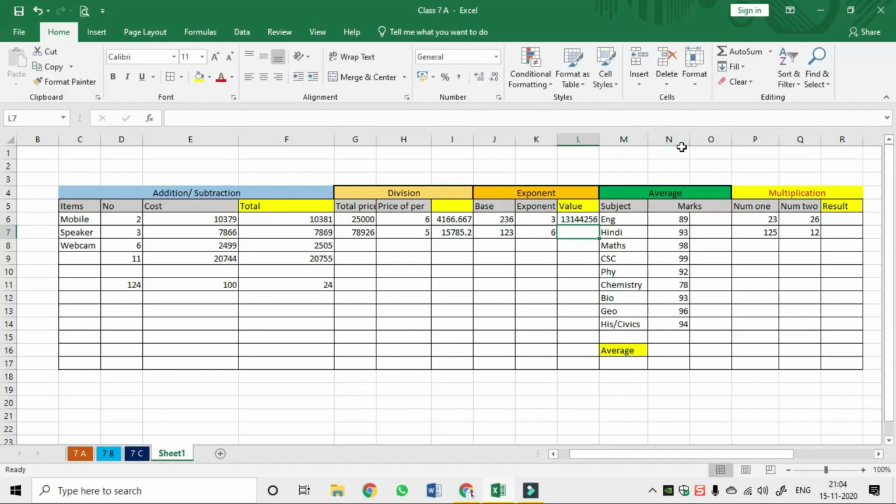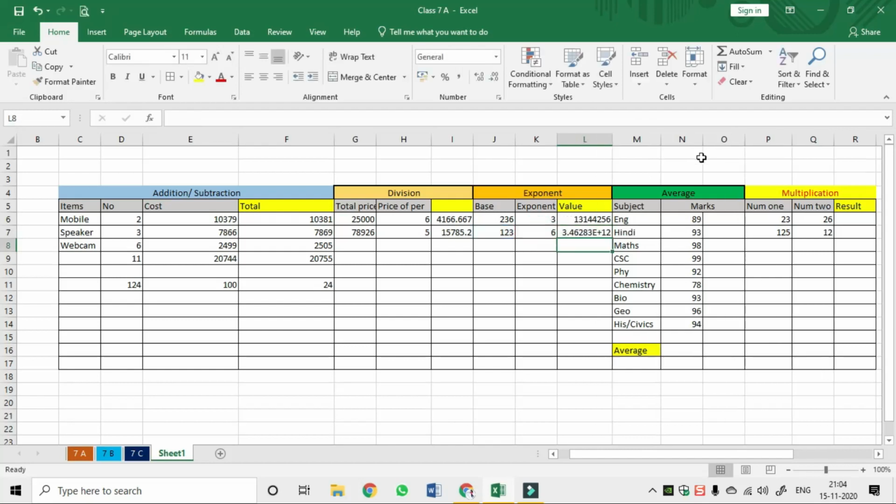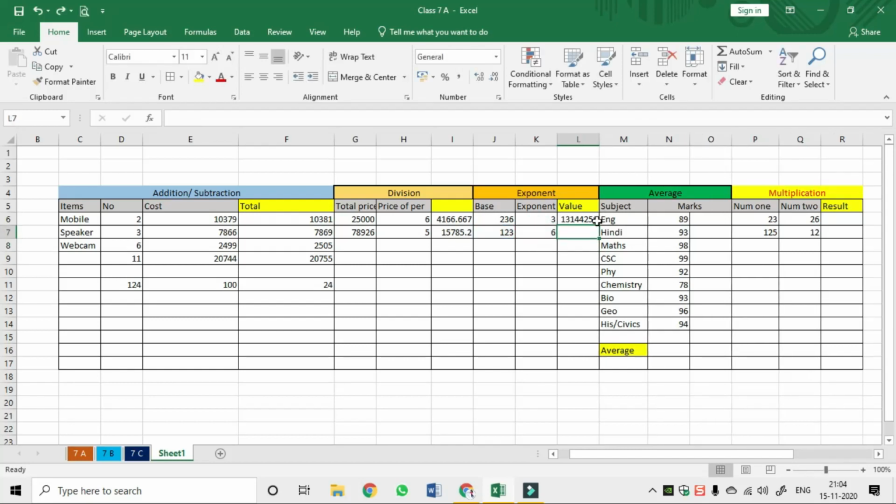What is the advantage of using the Excel sheet? In the second cell we no need to make it again. For example, again you have to enter the equal symbol, click here, press Shift and 6, and select the next number. But without doing that you can find it: if you finish the first one, just take your mouse to the edge corner until it turns into a small plus symbol, just drag it, and it comes automatically. It is predefined.